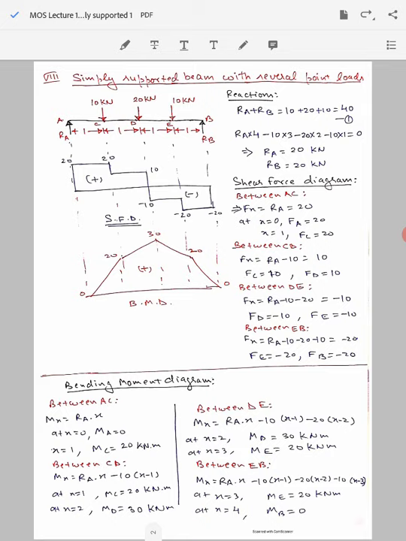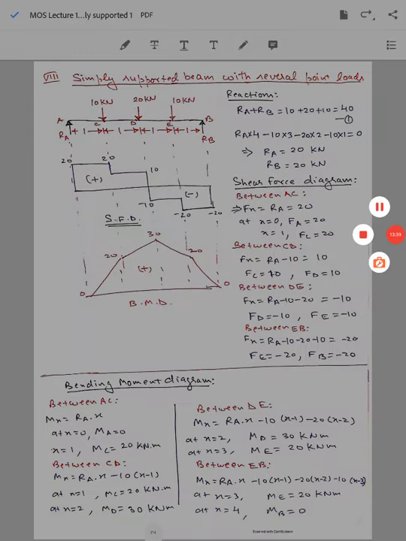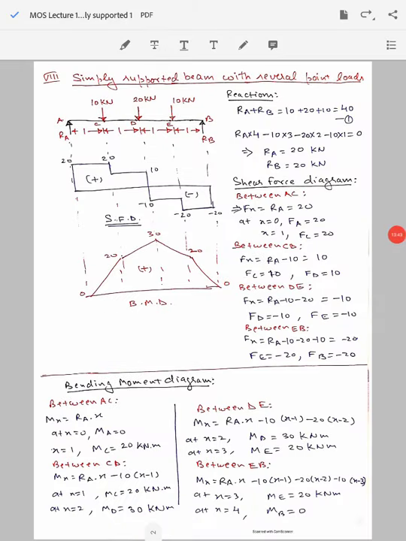Now for the shear force diagram, we will take each of these segments as I have told you earlier. So we will take the AC, CD, DE and EB segments respectively, and in these segments we are going to determine our shear force equation. For each of these cases we will assume the beam to be cut somewhere within the segment we are considering. Like for AC it is cut somewhere here, and then we will consider the forces acting on the left side of this cut section. So in the segment AC there is only the reaction force RA acting, so our shear force equation Fx will be equal to RA only, and that equals 20 kilonewton.